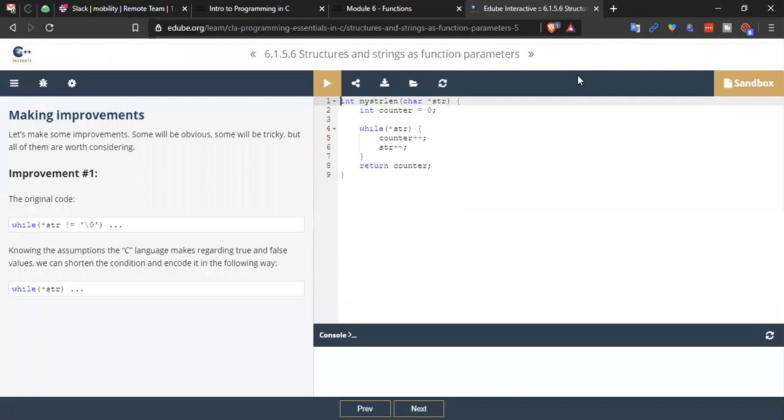Okay, let's make some improvements. Some will be obvious, some will be tricky, but all of them are worth considering. So let's have improvement number 1. The original code is while, and then its conditional statement would be the pointer str is not equal to